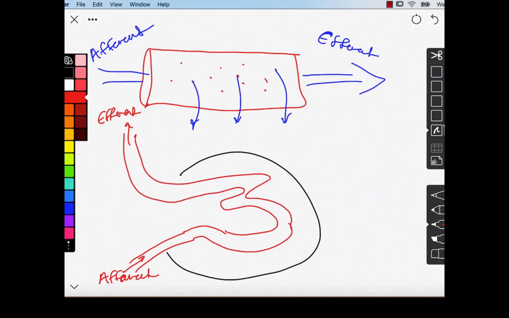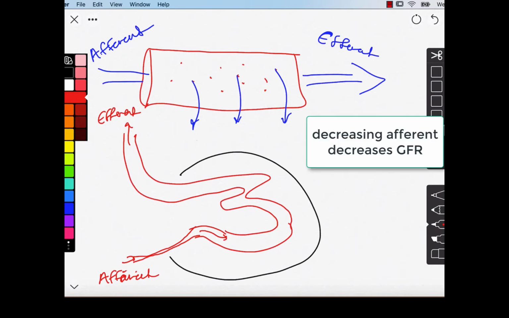If the afferent is more narrow than the efferent, I'm going to actually draw that in here. Then what that means is that it's harder for blood to get through this afferent into the rest of this glomerulus. And what that's going to do is it's going to decrease the flow, similar to if you had a hose with a hole in it and you were to squeeze that hose at the faucet end. Okay, now